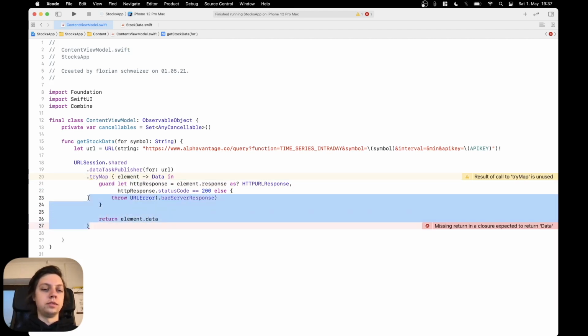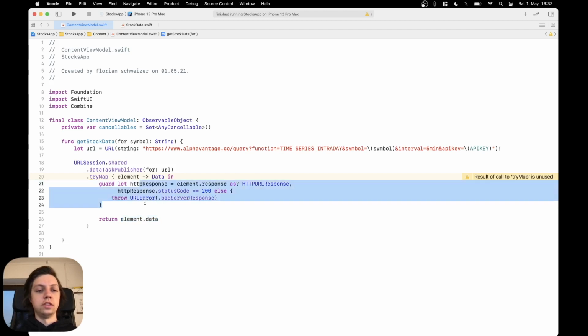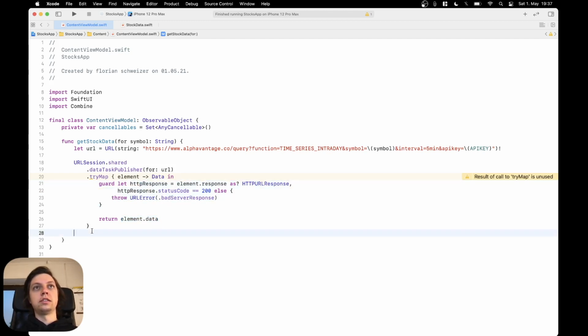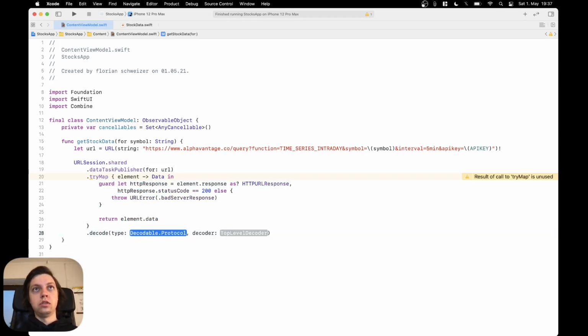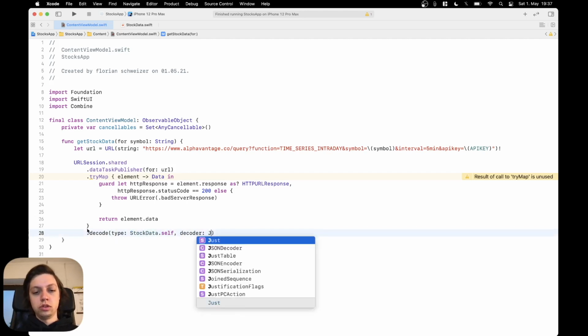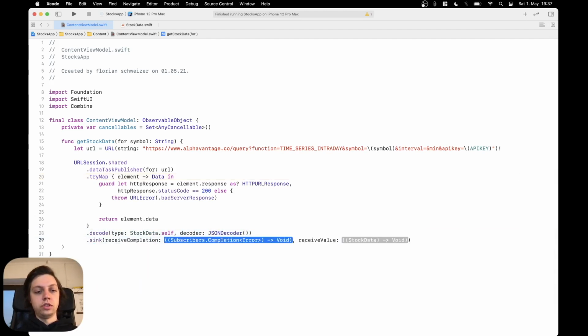So what this tryMap did is it basically converts the tuple of a response and some data into just the data and makes sure that the response is valid. Okay, next up, we can actually decode this data to our StockData.self, which is Codable, using a JSONDecoder. And then we can subscribe to the result,